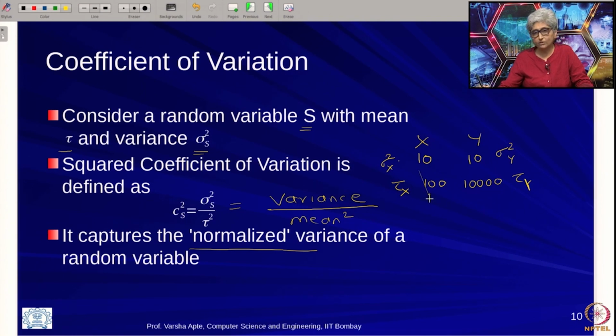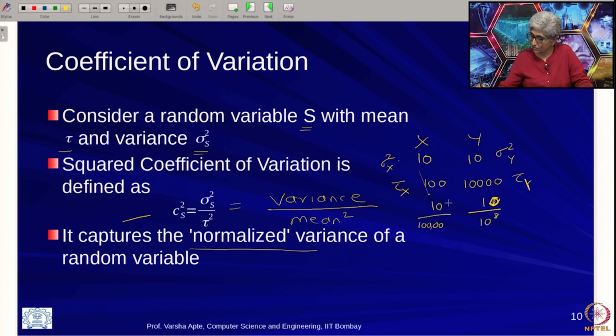It is kind of intuitive, right, that x is the more variable of the random variables here, because 10 on 100 is a little more significant than 10 on 10,000. So, this is what is captured by this coefficient of variation. In this case, for example, this will have a coefficient of variation of 10 divided by 10,000, and this will have 10 divided by, actually, this is 10 raised to 4, so this is going to be 10 raised to 8.